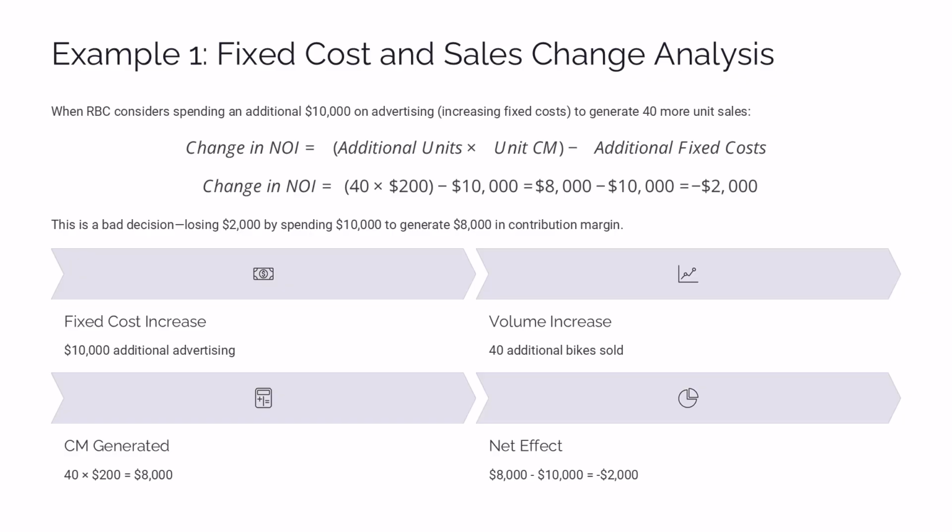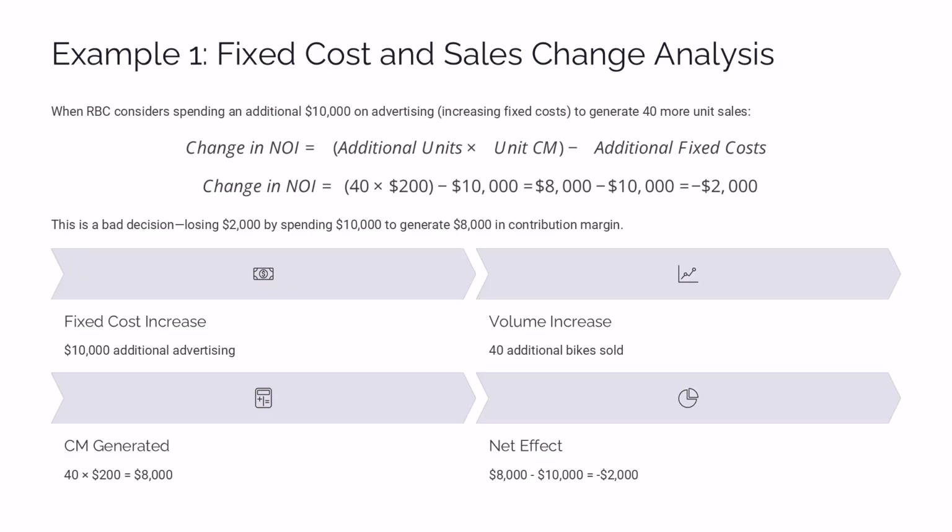increase. When Facebook, now Meta, was deciding whether to spend $1 billion on virtual reality development for the metaverse, they calculated they'd need to generate $1 billion divided by 0.4 CM ratio equals $2.5 billion in additional sales just to break even on that investment, which at their contribution margin meant $3 billion in new revenue, and the fact that they haven't hit those numbers is why investors have been so skeptical.